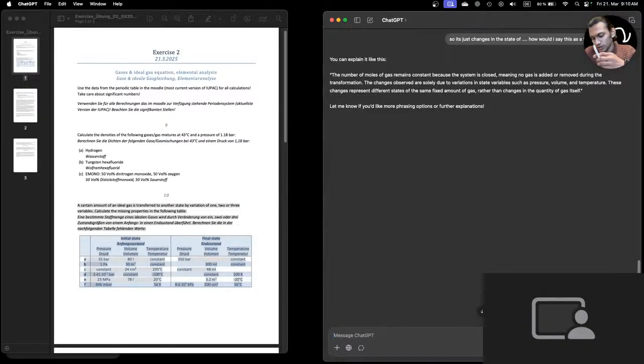So from the question, we can see that it's an ideal gas, so we're going to be using the formula PV equals nRT, in which it's known that the gas is under a closed body system with changes in variables of pressure, temperature, and volume. These are the three variables that change.